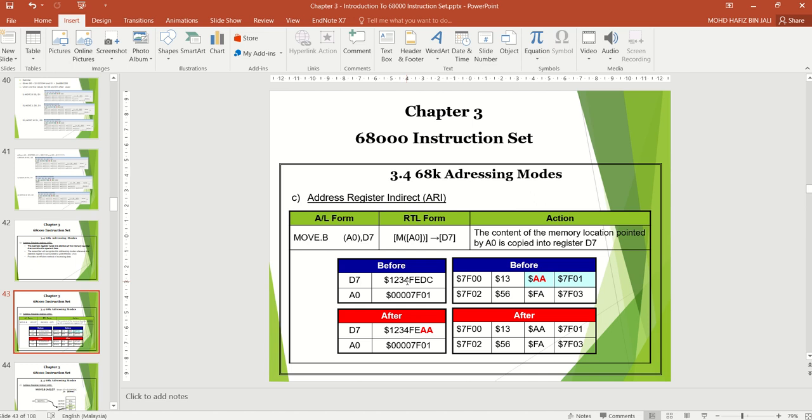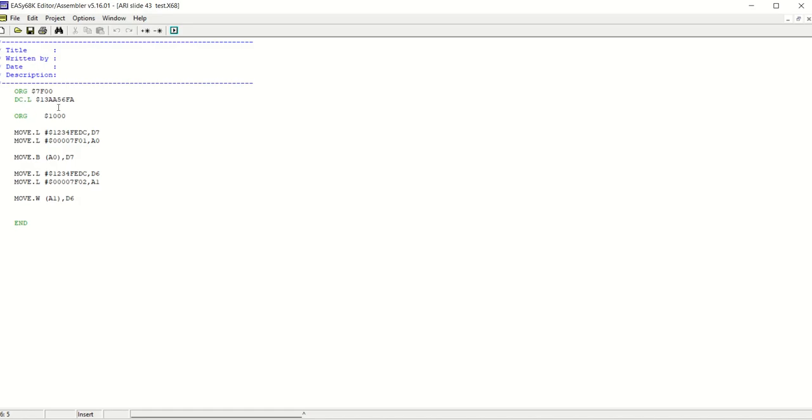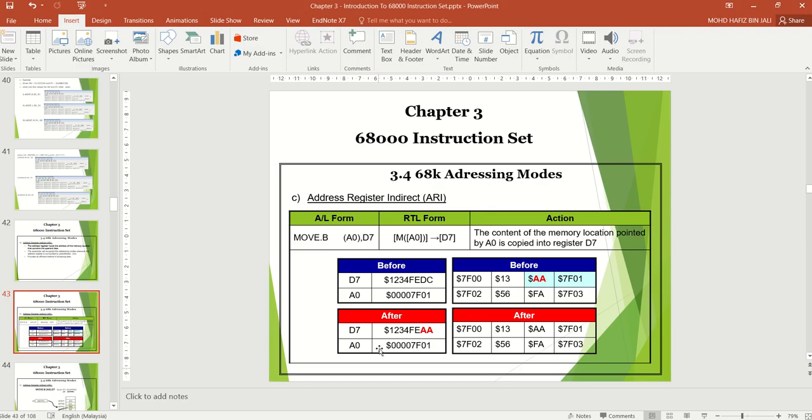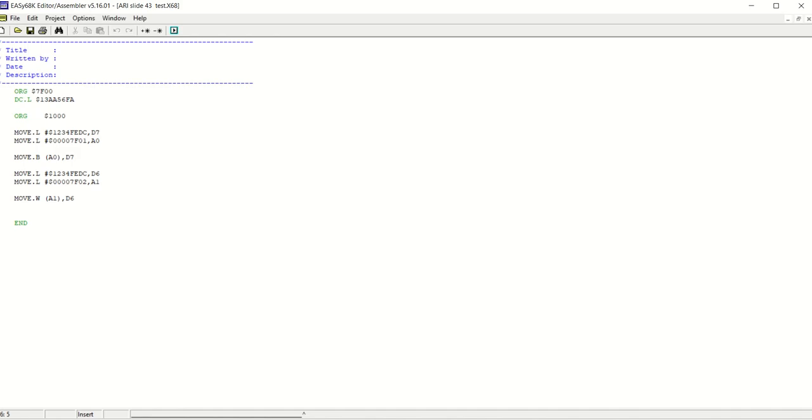D7 is $1234FEDC: MOVE.L #$1234FEDC,D7. For A0, $00007F01, this is long word size: MOVE.L #$00007F01,A0. So basically you set values on D7 and A0.